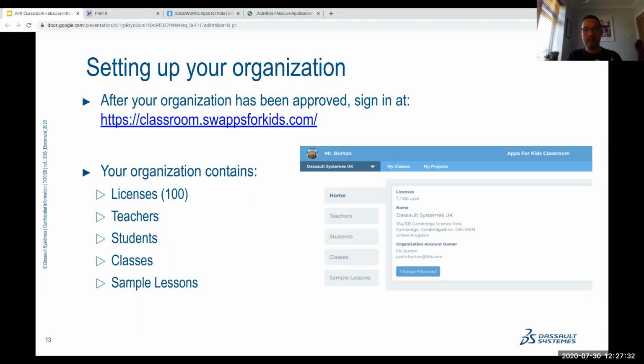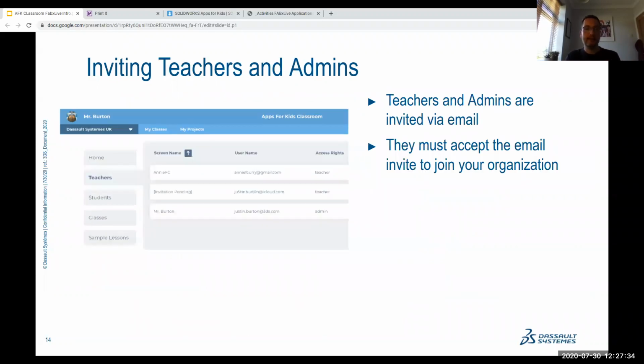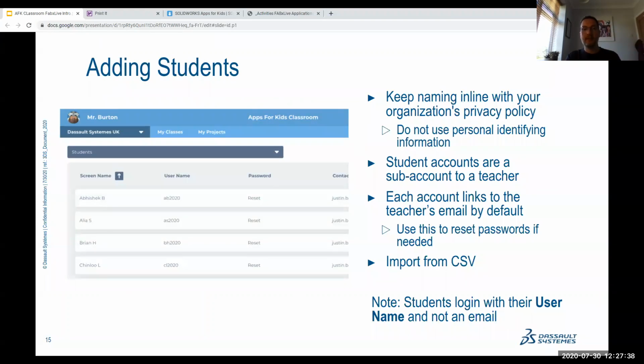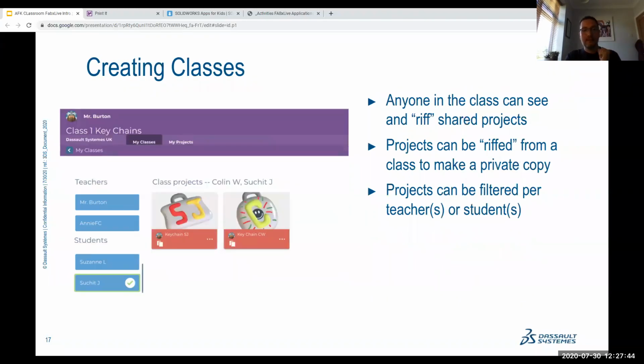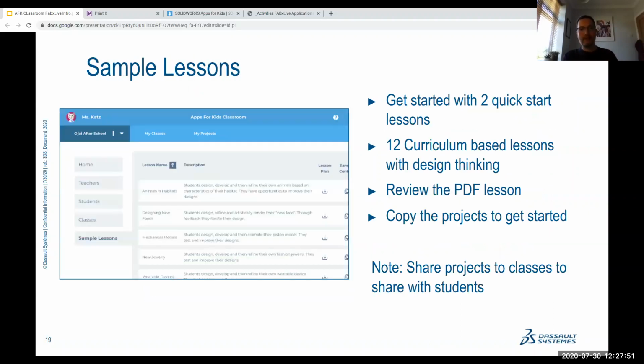You just simply go to the website, and I'll explain that in a second. Once you've got your account, you set up your teachers by inviting them by email, then you set up the students by creating their accounts, create the classes, and you share the content to the classes that you create. And then we have, I don't need to go to the student, we've seen that already, but we have